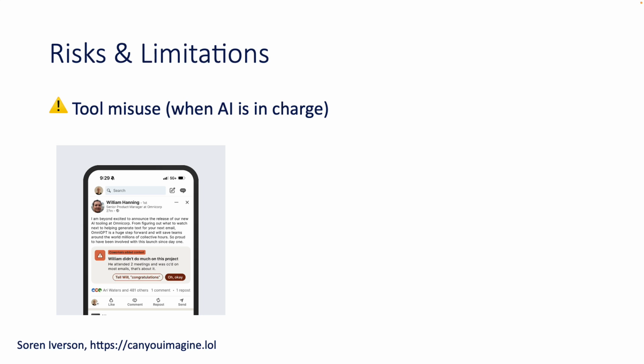Another risk is tool misuse. So we talked about how we're giving agents tools to go out and perform behaviors, provide context, write code, and so on. Now, when we give these AI agents tools, these tools could be misused. So here's a hypothetical example where we are going to have an agent post on LinkedIn on our behalf. And we could then say, here's a note, congratulations, and you can press the button and say, congratulate so-and-so on their work. Now, an agent then decided in this hypothetical case that we say, well, William really didn't do too much on this project. He only attended a couple of meetings, right?